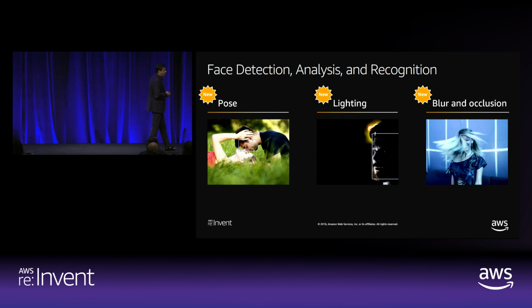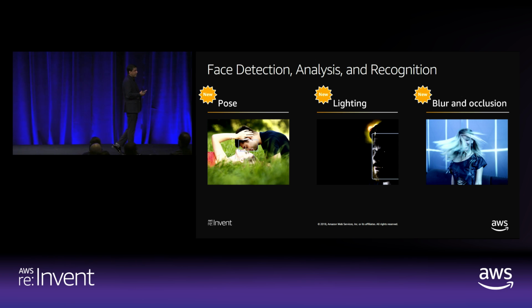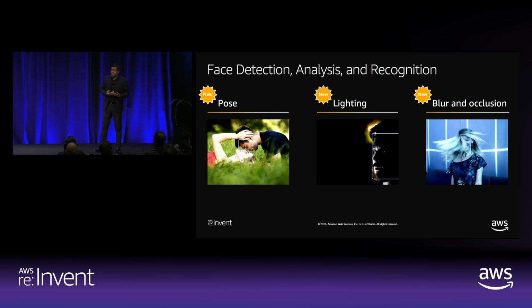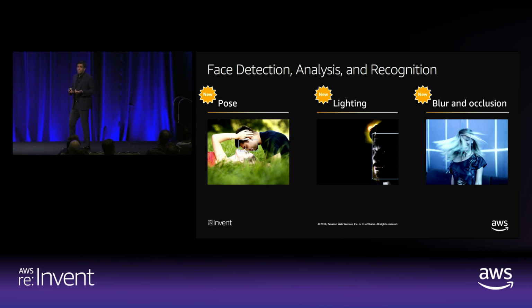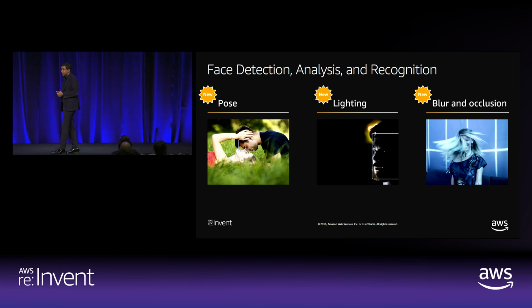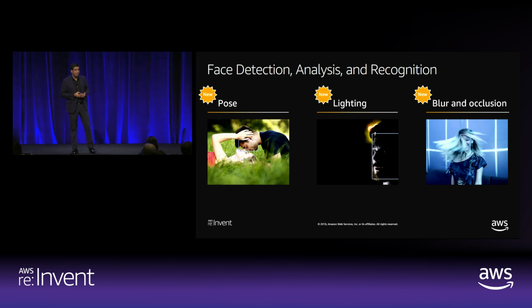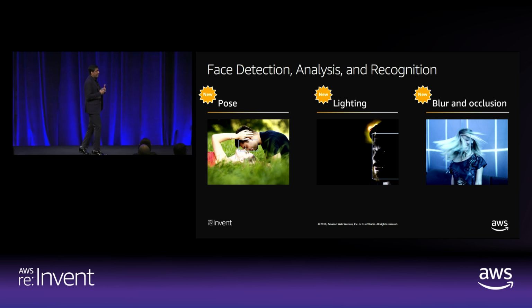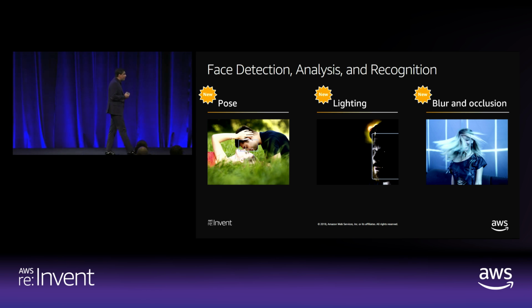Last week, we announced a fairly major update to our face detection. I'm very excited about this again. If you have tried Amazon Rekognition before, I would strongly recommend you try it again. And if you're already in production, I think you'll get the benefit out of the box. We have improved our face detection overall by many percentage points, but specifically for the challenging use cases, right? What are the challenging use cases?